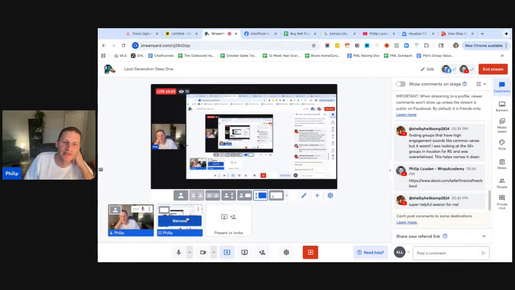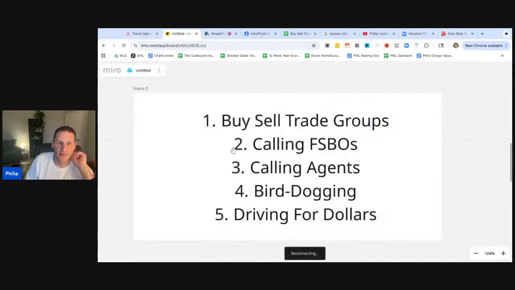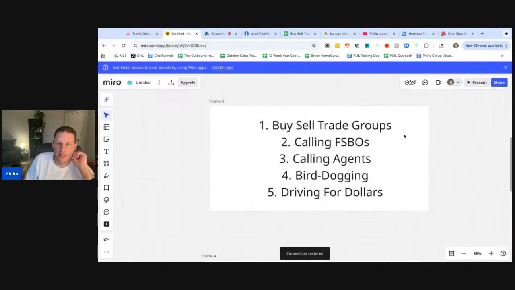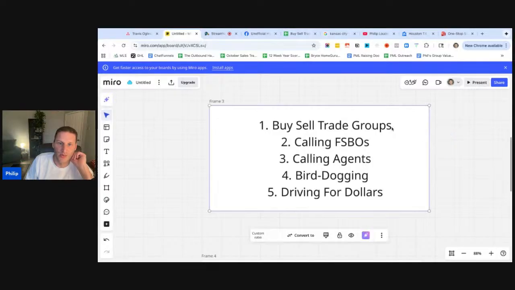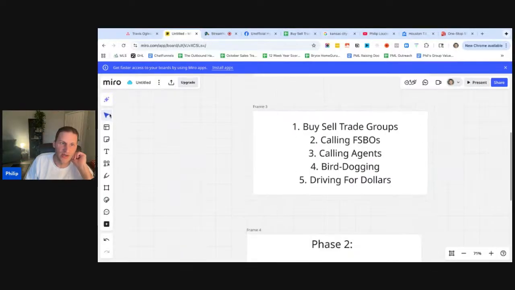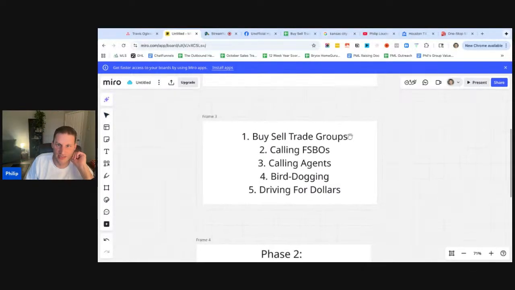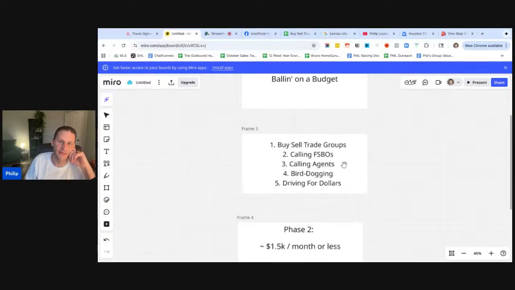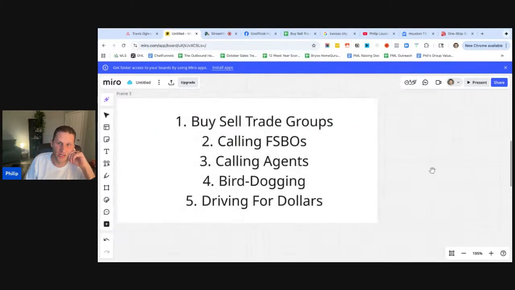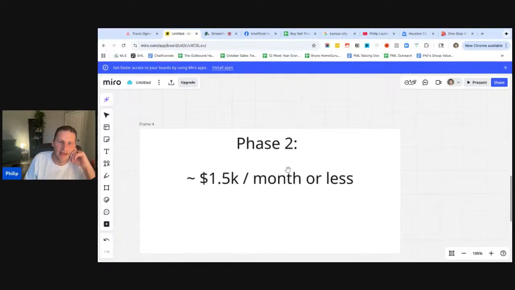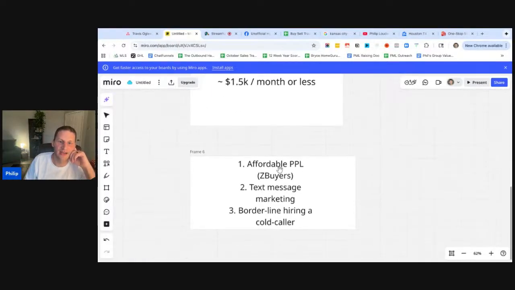Okay. So I'll keep going deep into this one lead gen source because I feel like it's valuable. Then we can take a look at calling FSBOs, as well as another one. You can create systems to get FSBOs automatically. I always had a virtual assistant do it. Whenever new FSBOs came up, they would go automatically into our CRM. Calling agents, we talked about a bunch. And then phase 2, I built out a little bit of this.